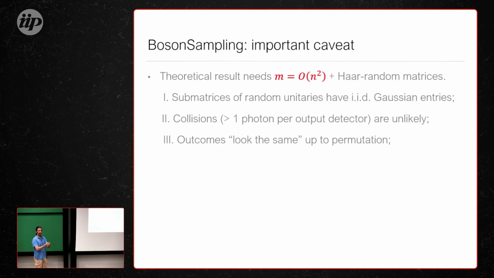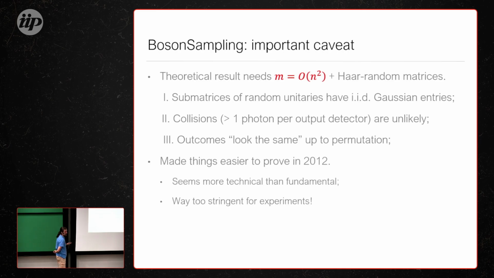But also for the theory, it's easier, because remember that I told you that these transition probabilities are given by permanents. If you have collisions, your permanents start having repeated rows and repeated columns, and that means that the problem might become easier to solve. Remember, we want this to be a very hard problem because we want quantum computers to perform really well. If the problem starts becoming easy, your quantum computer starts becoming useless. So these collisions are bad for that reason. And there's some other technical reason that the outcomes all look the same, so if I prove that one outcome looks very hard to compute, that automatically becomes true for all of the others.